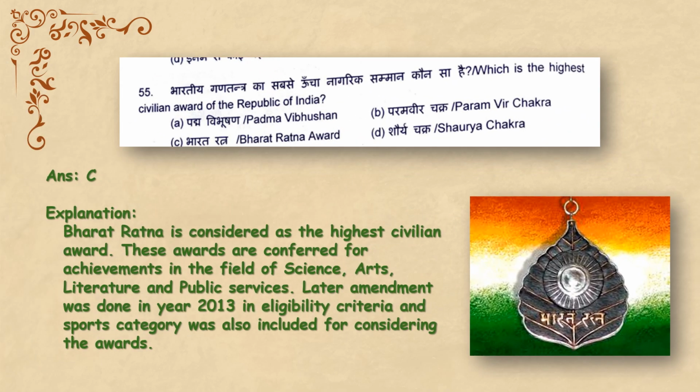Next, talking about the highest civilian award of the Republic of India. We all know that we have different awards given to different categories. Here, with this question and the answers given, the correct answer is C, Bharat Ratna Award. The Bharat Ratna Award is considered to be the highest civilian award, and it is given in the field of science, arts, literature, and public services. These awards are given for the highest achievements made by any civilian. And in the year 2013, an amendment was done where the eligibility criteria and sports category was also included for considering the awards. That means even the sports category is included in the Bharat Ratna Award. Moving ahead, we have